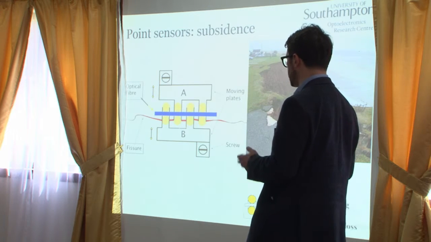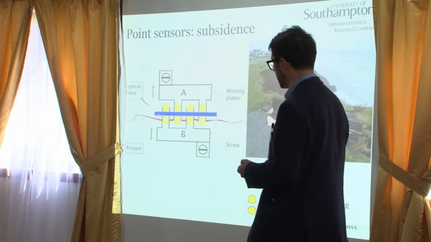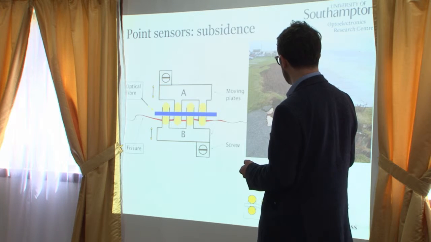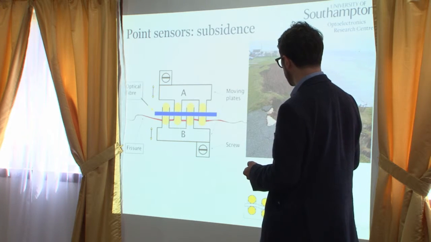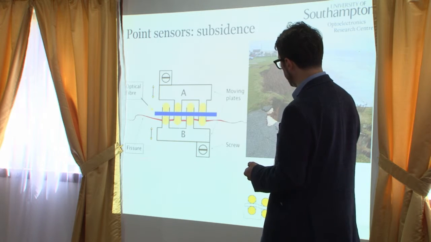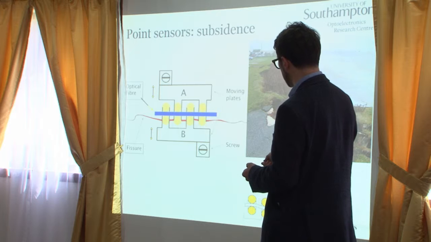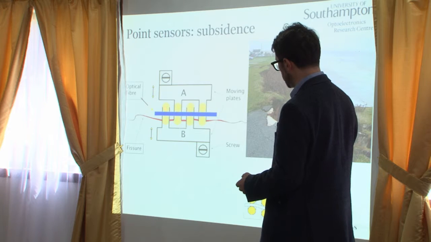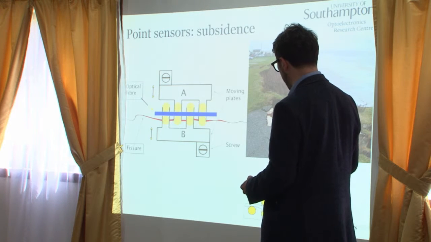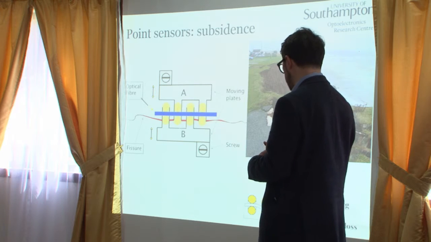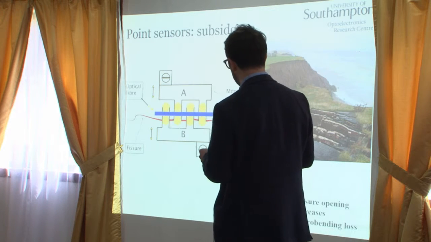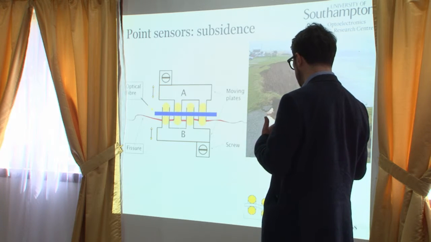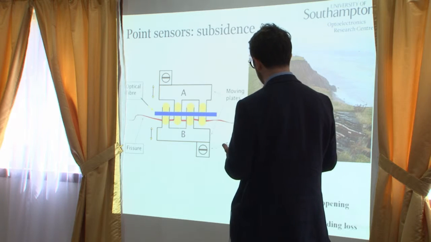This is a point sensor that was developed about 15 years ago and relies on the bending of the fiber. The idea is that if we have a slide, we also have cracks in close proximity. So we can put part of this device on one side of the crack and part of the device on the other side of the crack. When the crack opens, the two move apart, inducing a bend in the fiber. This will result in a loss at a specific distance in the fiber. By constantly monitoring the loss,